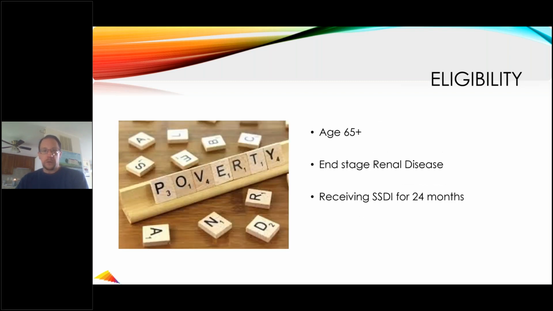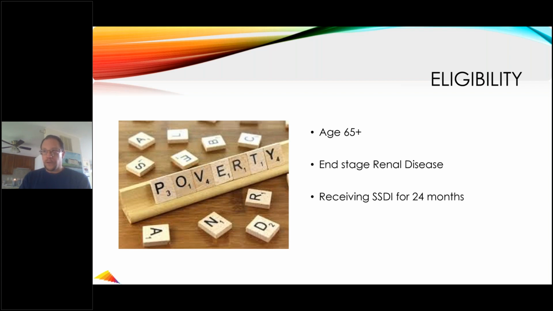So to be eligible, most people will apply for Medicare when they turn 65. Medicare Part A, there's no fee, as I'm going to get into. You may also qualify if you are in end-stage renal disease or if you've received SSDI for 24 months. Now, for those of you who are watching this webinar and you have a child receiving SSI that you think is going to qualify for the disabled adult child benefit, this is who the Medicare can apply for.